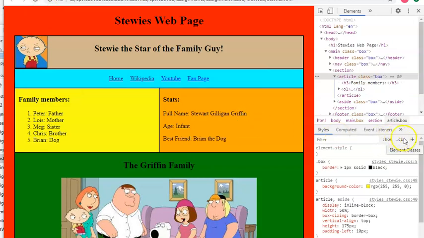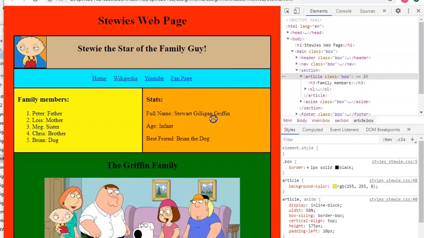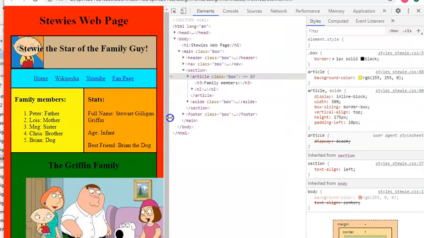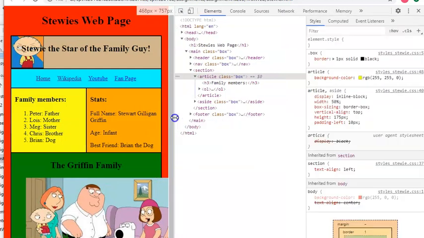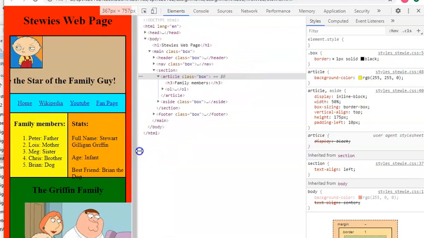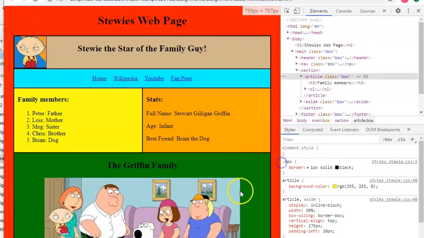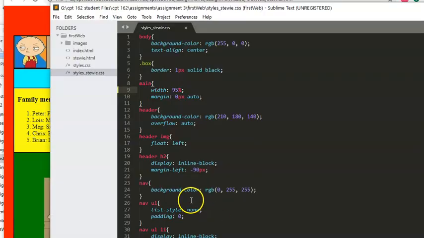Boom. So you can see now, if I move this in and out, everything gets larger and smaller depending on that. Now we have a problem. The picture does not follow because the picture goes that size, so it breaks out. And when we get a little bit smaller, some of that text is going to wrap outside the box. So we're going to fix this a couple of ways. One is we're just going to go ahead and make that